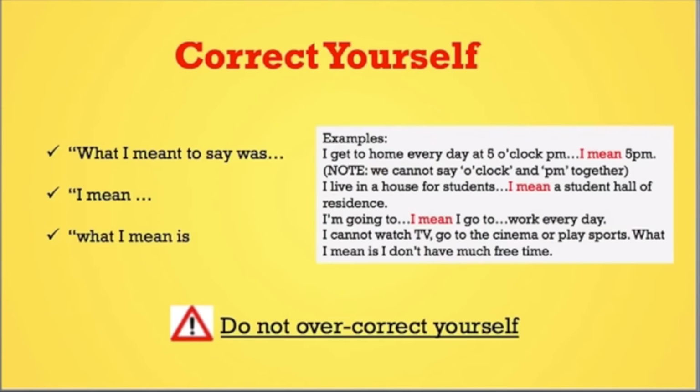Okay, tip number 9: Correct yourself. Now, what I mean by this is that, let's say when you're speaking, you make a minor mistake. It can be a mistake in grammar, or just the way you use your phrases. It's completely okay to correct yourself. However, make sure that you do it very quickly and fluently. This will show the examiner that you are conscious and in control of your speaking abilities, and of course, that you know the correct answer. You won't lose marks if you correct yourself right after. You can use phrases such as I mean, or what I mean is, or what I mean to say was,